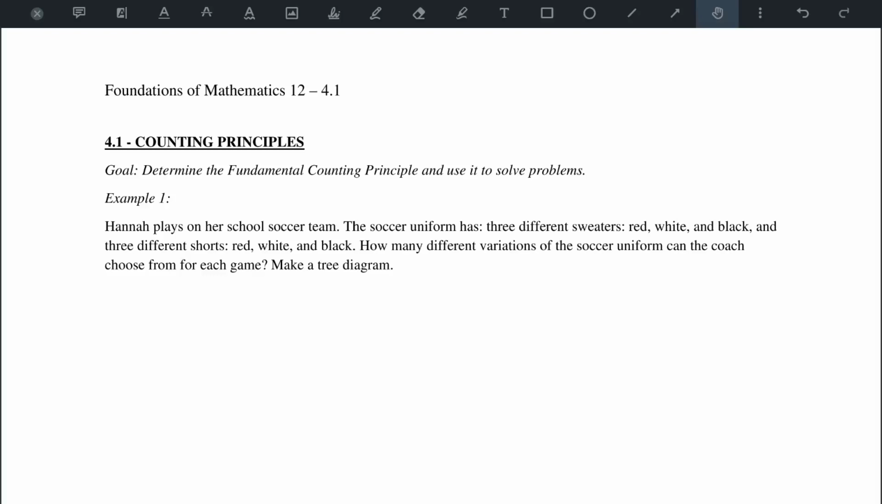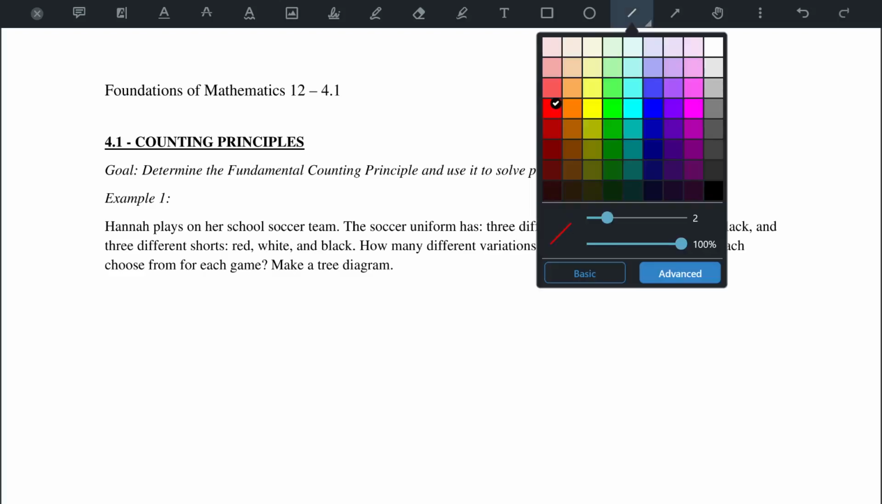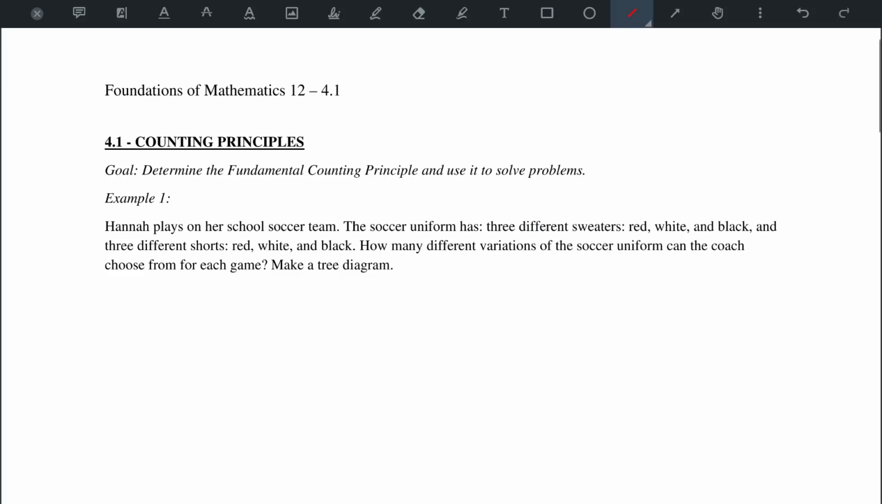Hello everyone. So today we're going to go over section 4.1, counting principles. If we look at example number 1, we can see that Hannah has 3 different sweaters for her soccer uniform and 3 different shorts. Now the 3 different sweaters are in red, white, and black, and the same thing for the shorts as well. The question asks how many different variations of the soccer uniforms are there, and we're going to draw a tree